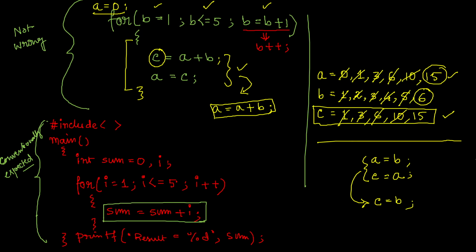First thing: always remember the purpose of a loop is when you have to execute a similar type of statement more than once in a program. If you don't need a similar statement to run more than once, then there is no need to have a for loop or while loop or do while. Now let's see some interesting facts about the for loop.